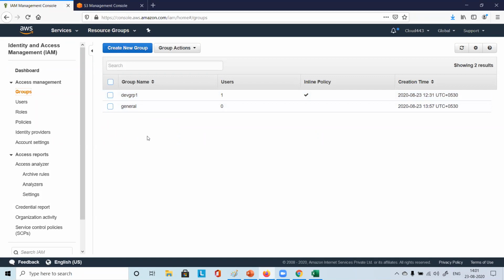So like that it works. He can get access to multiple groups based on his requirement: what is needed from him, what he has to do, what he is not supposed to do. Based on that, there will be various groups and various policies, and one user can be assigned to multiple groups.